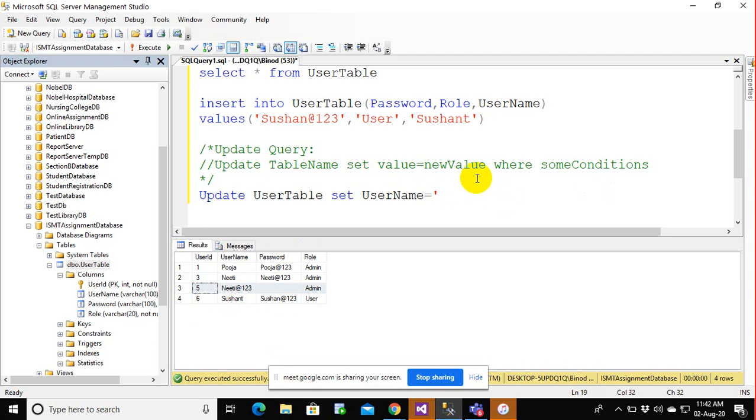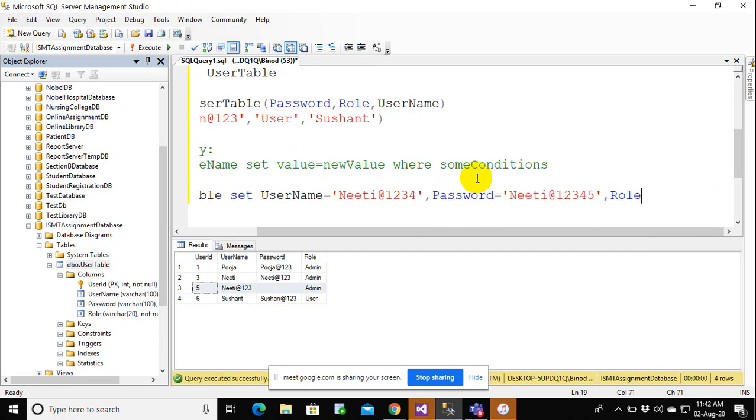Or let's say Niti is already there. So let me say user Niti@1234. And I want to edit the password. Password is the Niti@12345 and role is, let's say, user.